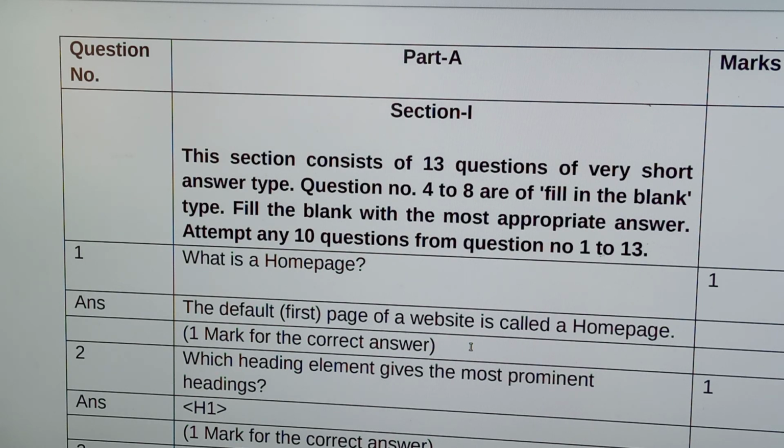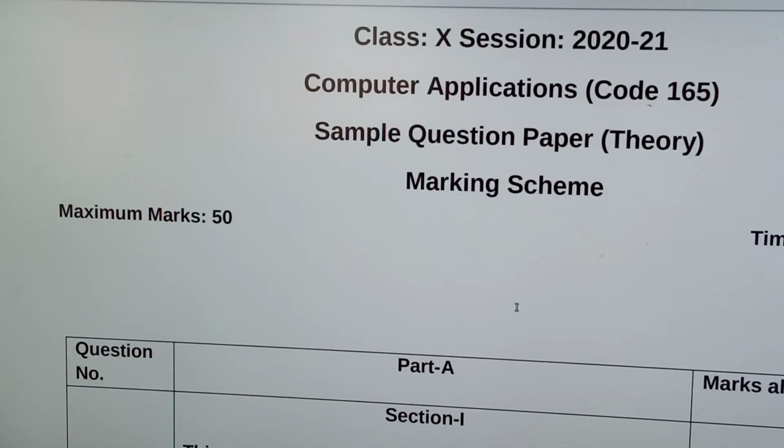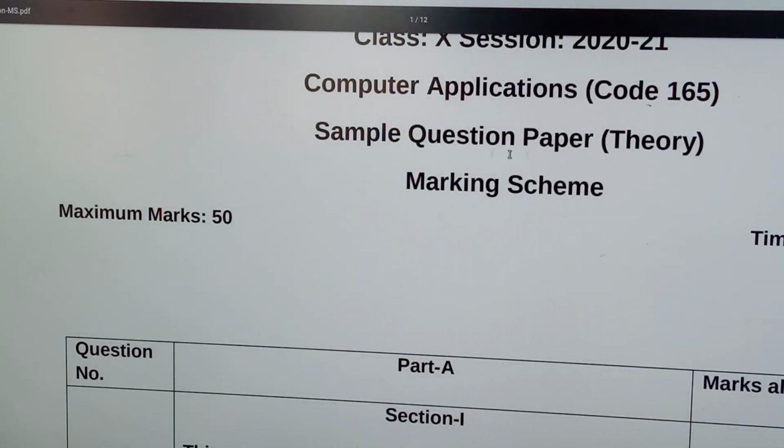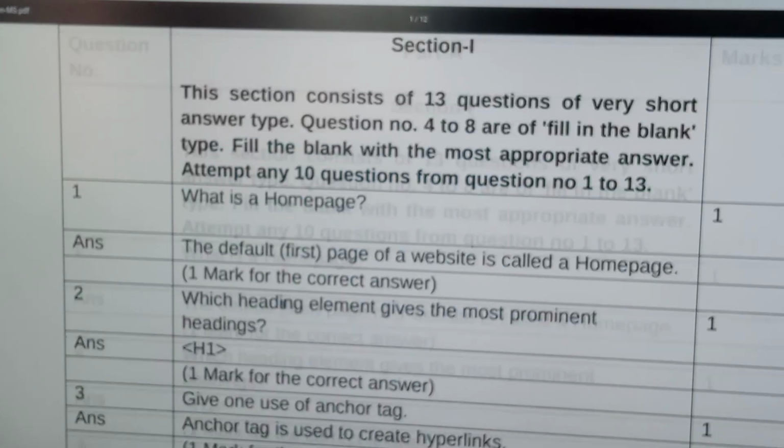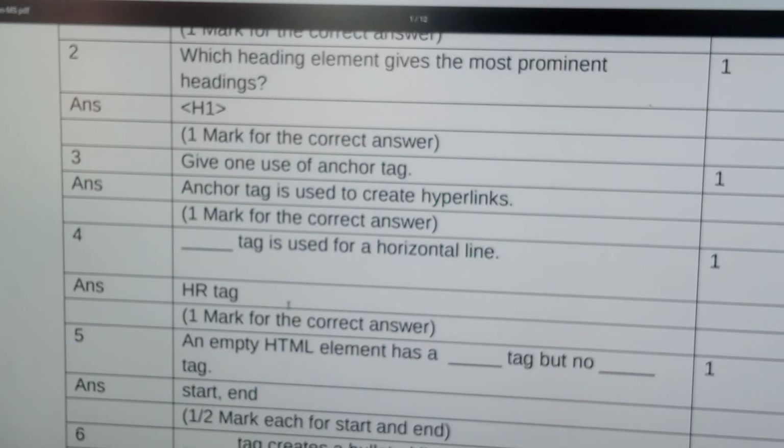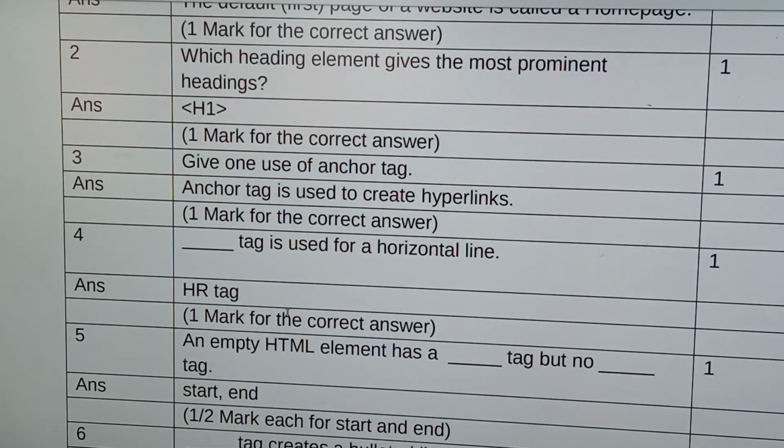and send the note. Okay, send the note to my number, not in the group, personally only to my number. You can write this question and answer on the back side of your fair notebook. You can make the heading like this: class 10 computer application sample question paper. All the questions and answers I discussed here. If you have any doubt, you can send a message personally, and you can make the note. Note means complete all the question answers and send the screenshot or send the image of your book personally via WhatsApp.